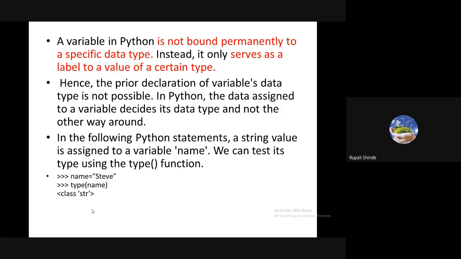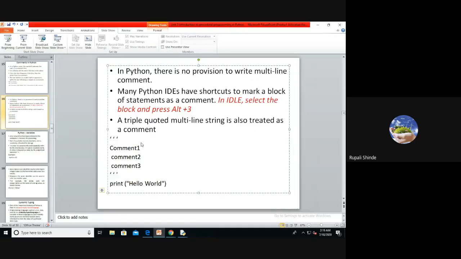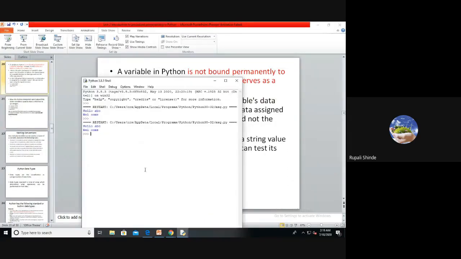So we are going to see all these concepts in the Python shell. Suppose we have a variable, say A. A is equal to 123. Here A is the name of a variable which has the value 123. So we print it.